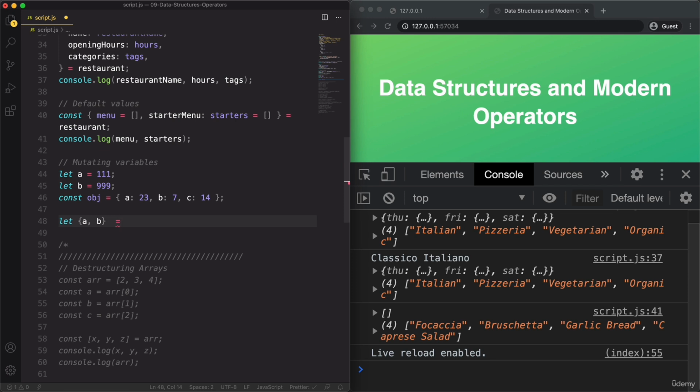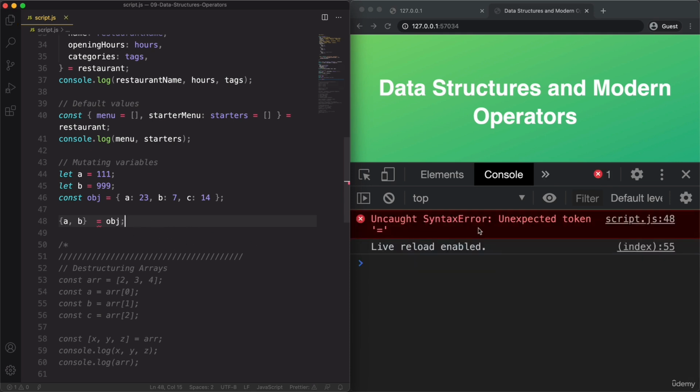Okay, so here we are missing the object that we are destructuring. But as I was saying, we cannot do this. And so in fact, we want to mutate these variables. So A should become 23 and B should become 7. But now as we save this, watch what happens. And so we get a syntax error. And the reason for that is that when we start a line with a curly brace like this, then JavaScript expects a code block, all right? And since we cannot assign anything to a code block like we did here with the equal sign, then we get this error unexpected token